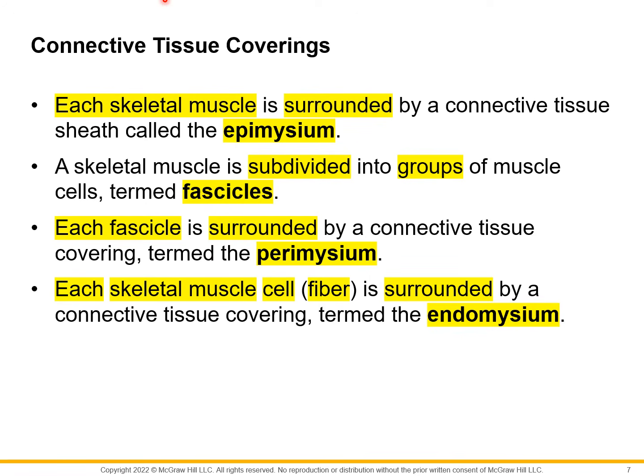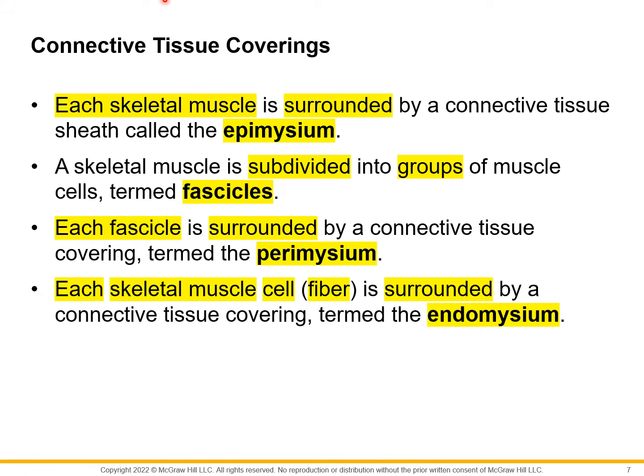Next slide talks about the coverings of muscles. So each fully functional muscle is covered by an epimysium, which is also a connective tissue. So, may mga groupings din daw po yung mga muscles. Each group is called a fascicle, and each of those fascicles is surrounded by a perimysium. Next, each individual muscle cell naman po has its own covering, and this one would be referred to as the